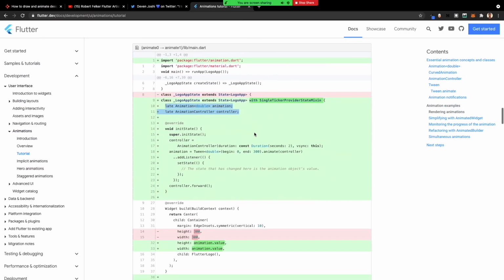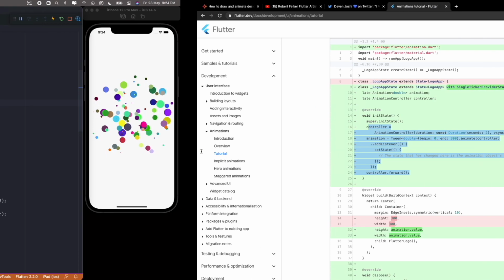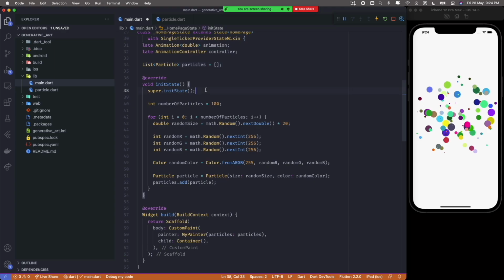And we have to initialize them. So this should be similar. So let's copy this part from here. Inside the init state,